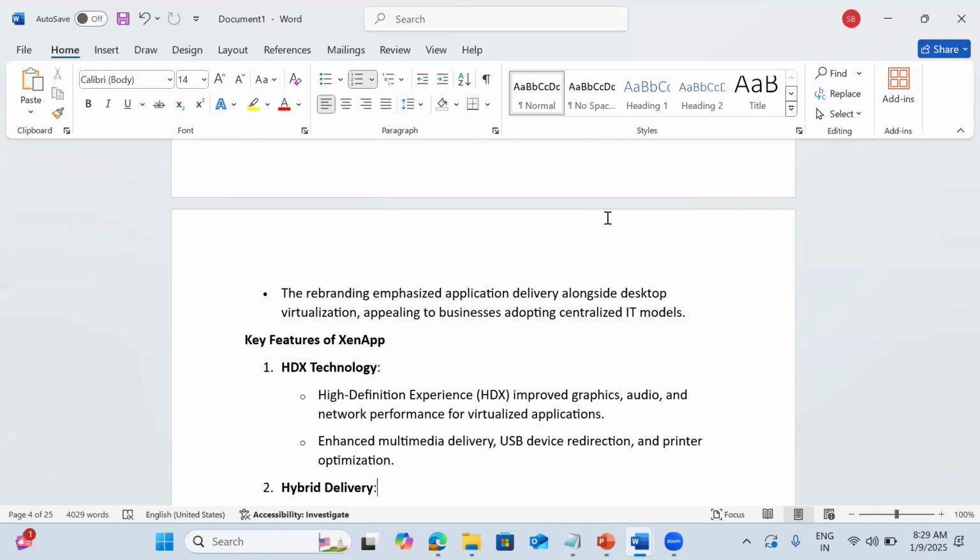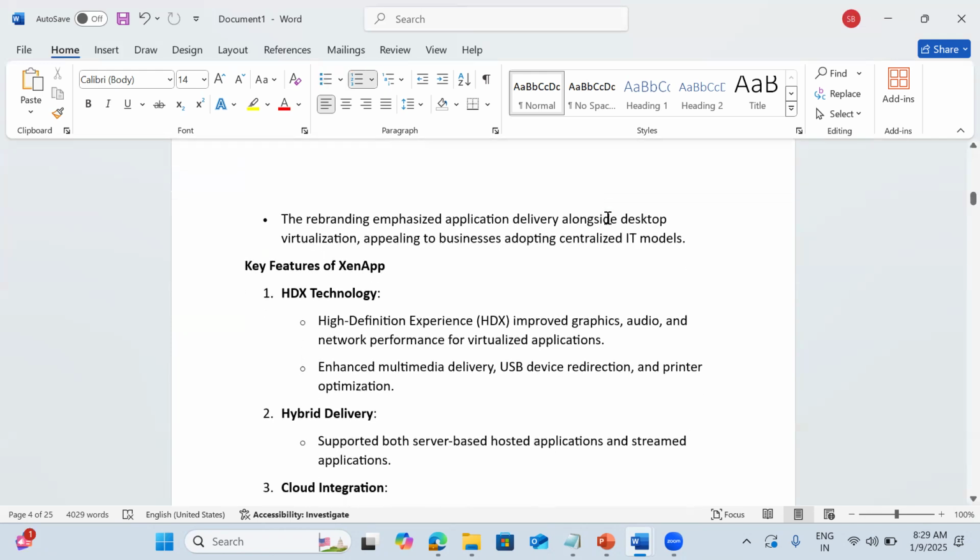What are the key features? Going forward, we'll discuss all these. HDX technology, High Definition Experience. Whenever graphics, multimedia and audio content are delivered to users over the network, the user experience is bad, but Citrix developed HDX, High Definition Experience. The user never gets the feeling that the application is running somewhere and rendering to the client device.